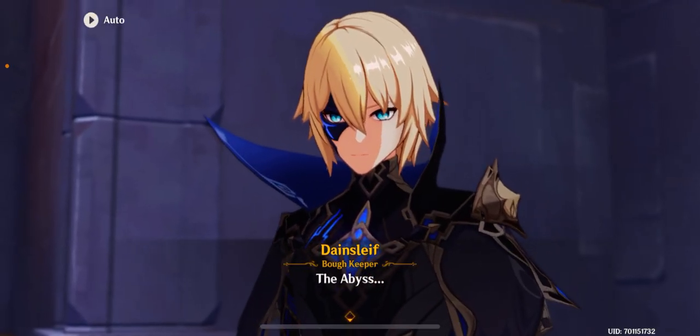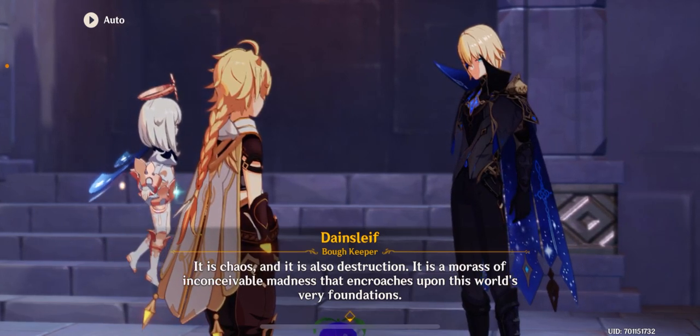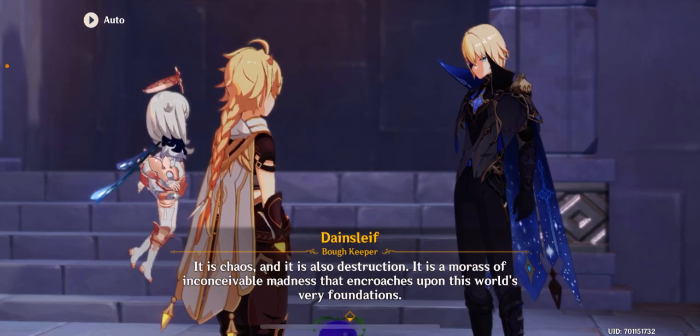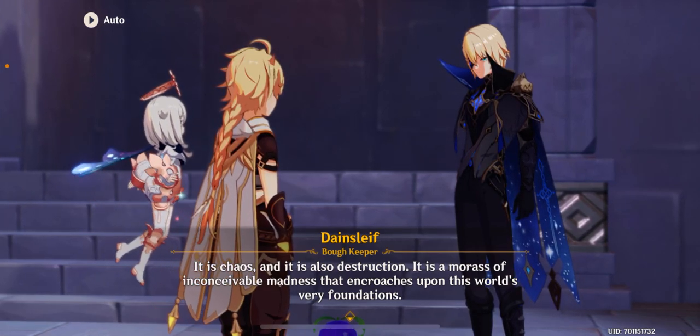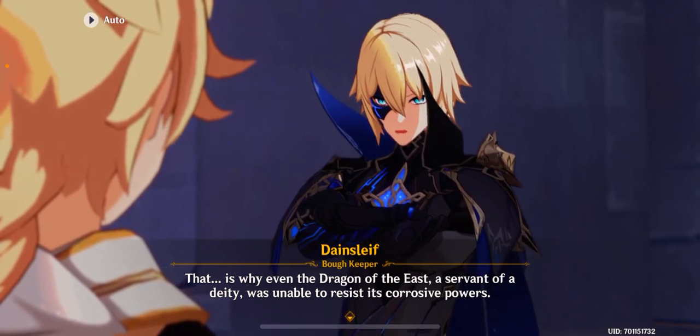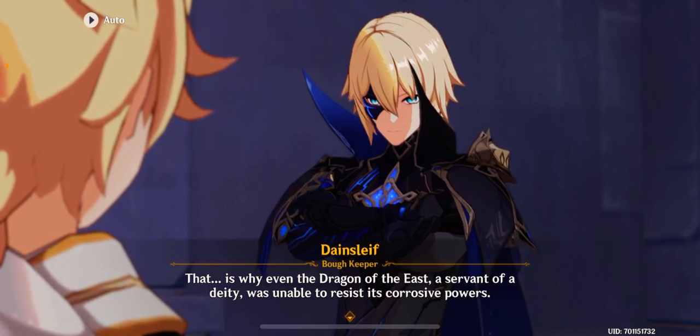The Abyss. It is chaos, and it is also destruction. It is a morass of inconceivable madness that encroaches upon this world's very foundations. That is why even the Dragon of the East, a servant of a deity, was unable to resist its corrosive